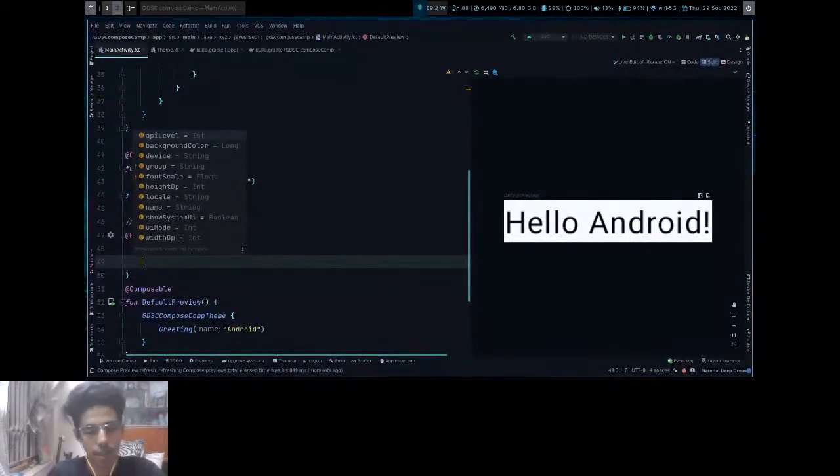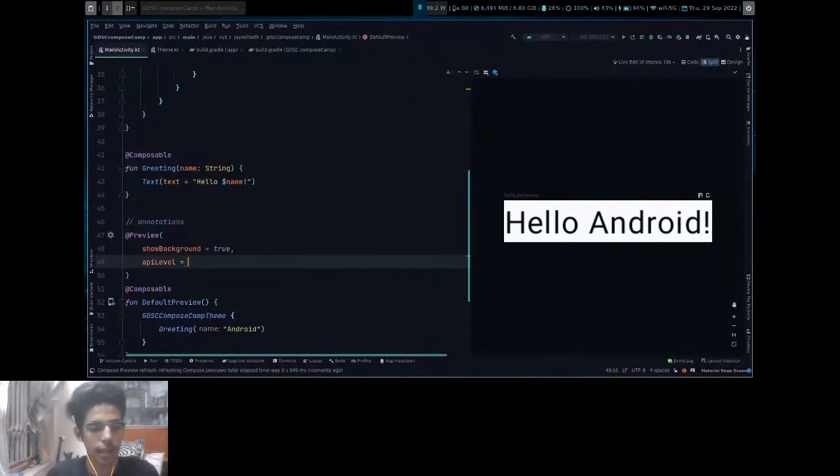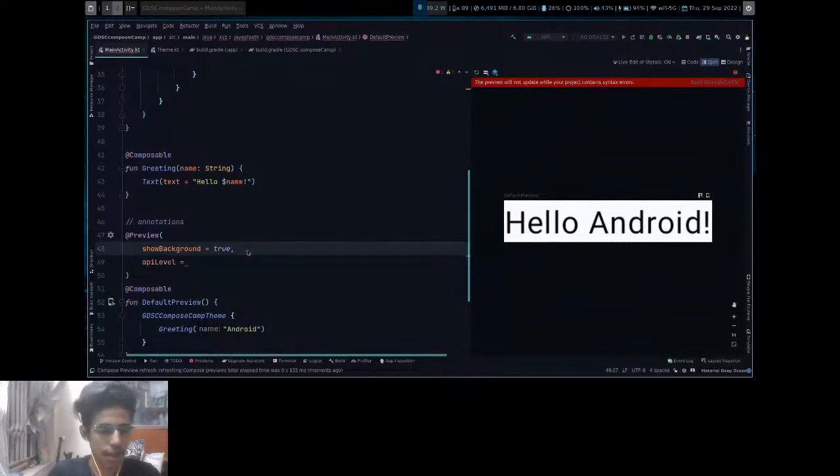So in case you're making an app specifically for some API, or you are using an image composable that cannot work in Android 5 or 6, you can put the API level and provide the API you want, and it will show the preview of how it will look in that specific API. API is basically Android version.